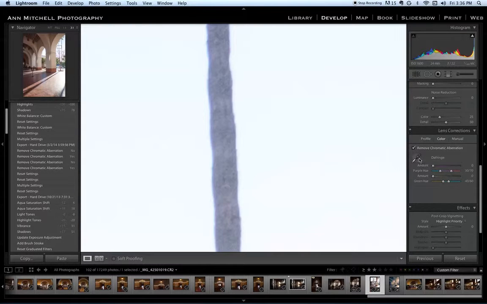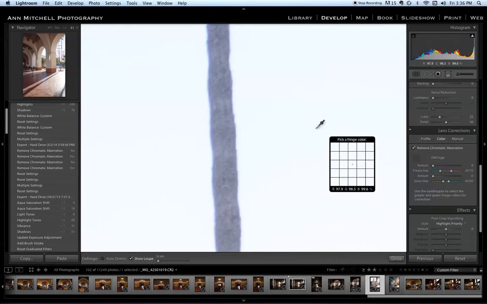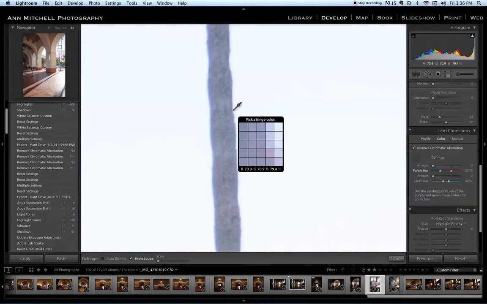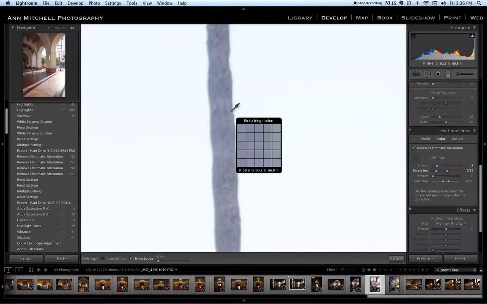So in this defringe area, I have an eyedropper, and I'm going to try and find that fringe color. It's usually a pink, and you'll see that your eyedropper will actually fill with that pink color. When that happens, it means it's found it. You then simply go over to the amount and move that slider.